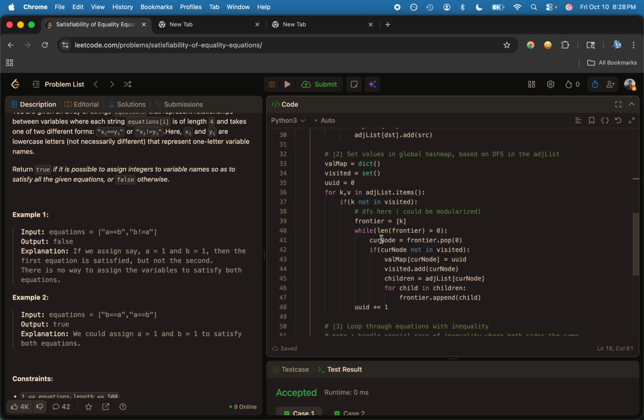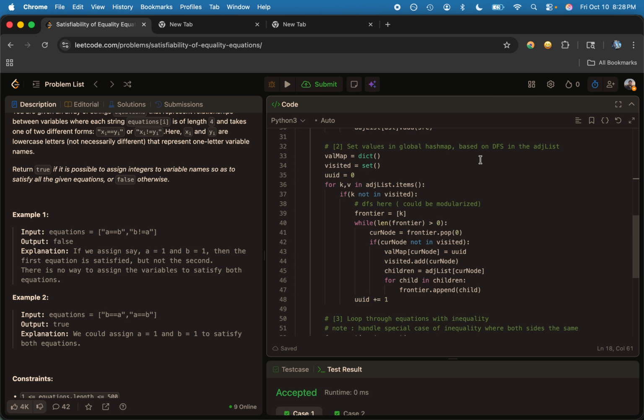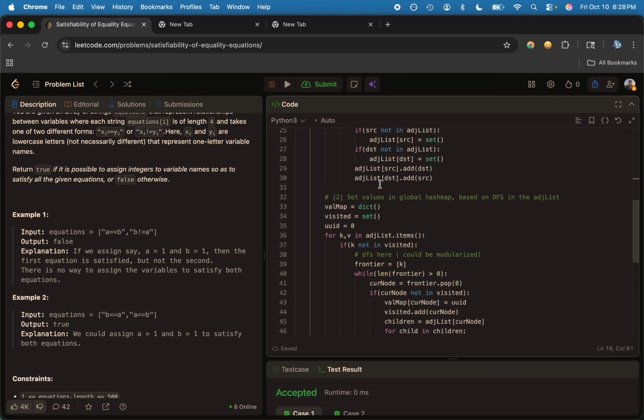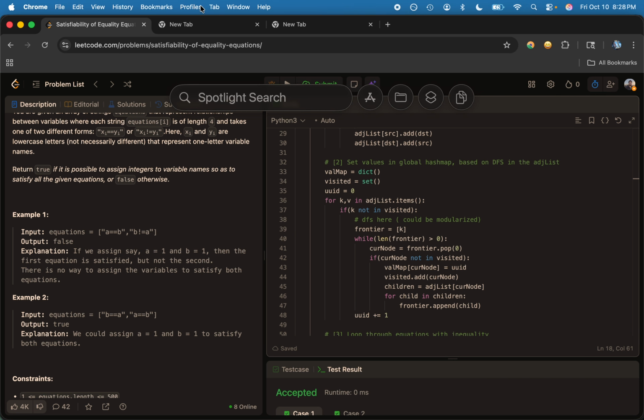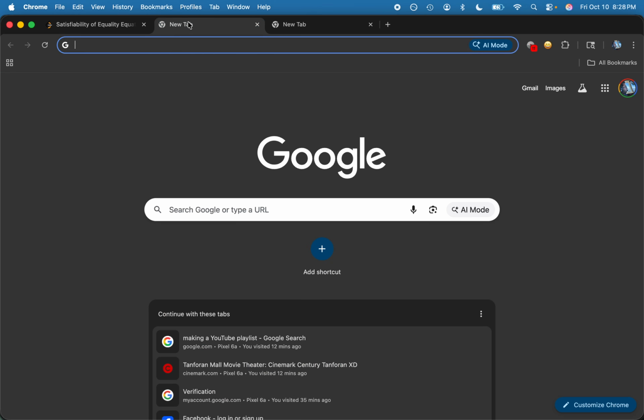The second portion is to set values in a global hash map. So that's based on the DFS in the adjacency list. So we create an empty dictionary called valmap, and we create a visited set. And we also leverage the use of a globally unique ID that's always incrementing. And the reason why we're going to do this is that for every connected component in our set of equations,